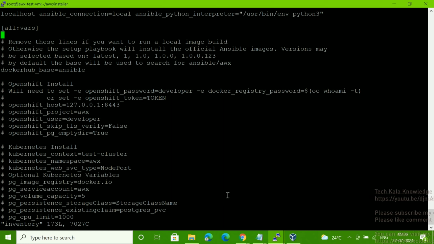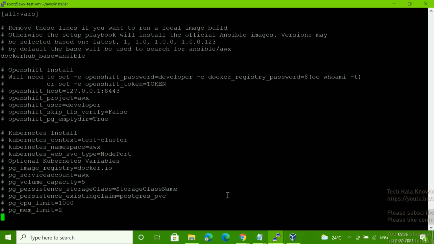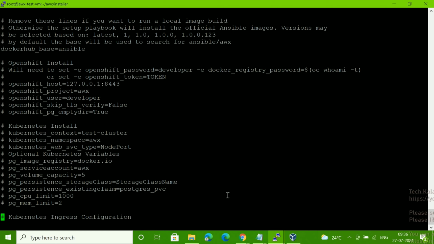Okay, so here one by one we will go. We will search first for Postgres.